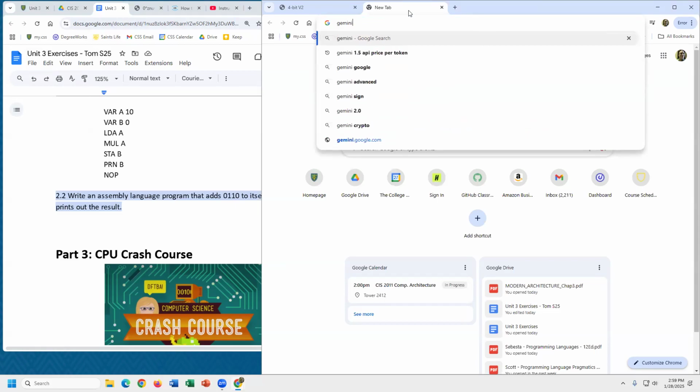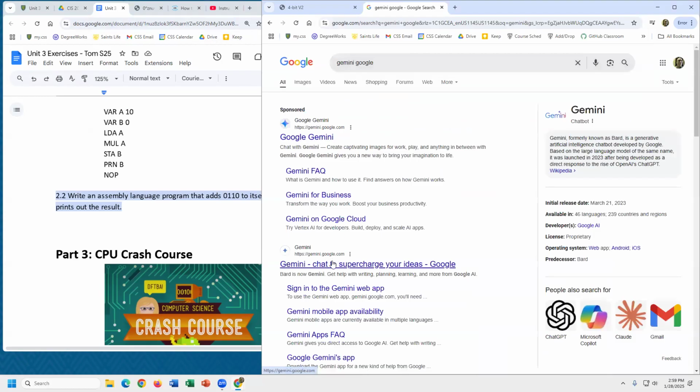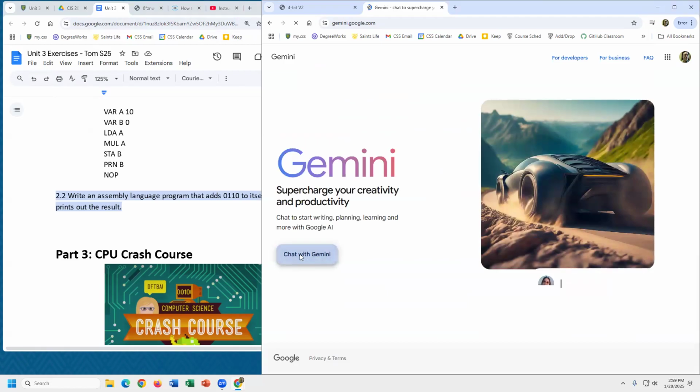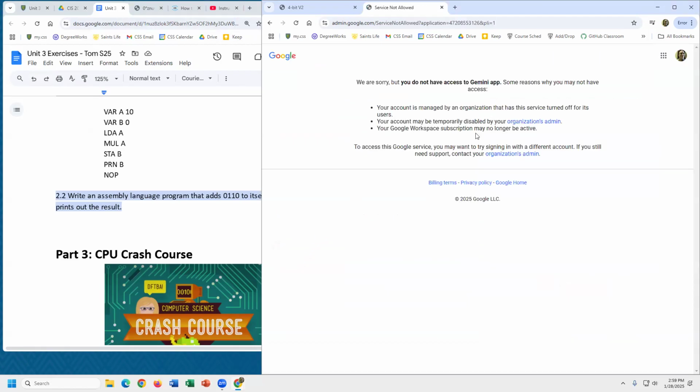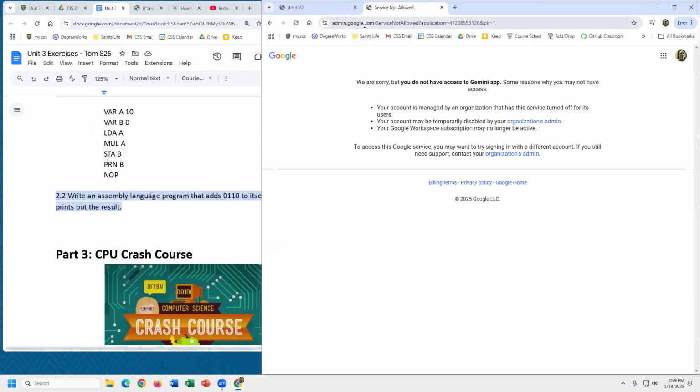But one thing with Google Gemini is for me, it's still blocked on campus with my Gmail account. So if I go to Gemini, it says, and I'm working with the college to unblock that, but it's still out there. But I know if you have another Gmail account that you're logged in, Gemini will work fine for free. So on my other computers, I just keep another Gmail account logged in to use Gemini. You can go to Copilot